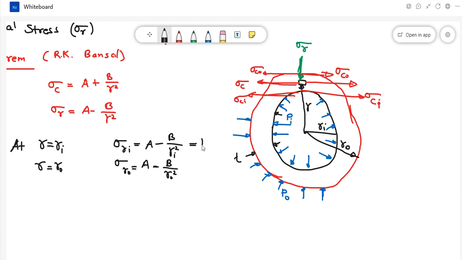It is nothing but Pi. Okay, and at outer radius, radial stress is nothing but P outer, P naught. Okay, Po or P naught, which is your radial stress at outer surface. At inner surface, radial stress is Pi. Next, by using this we can calculate